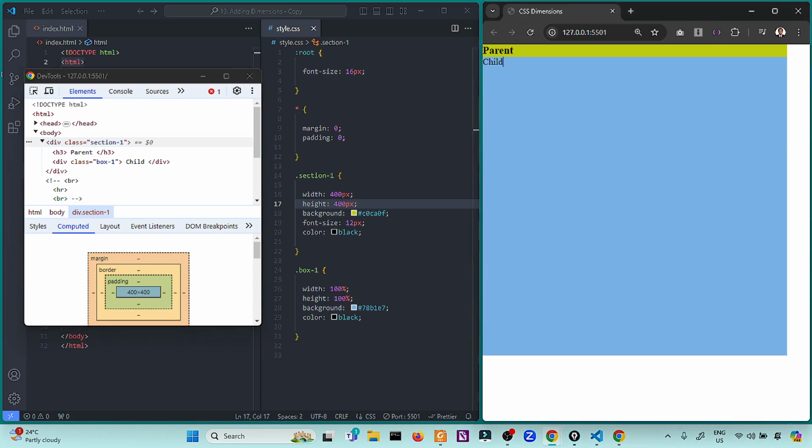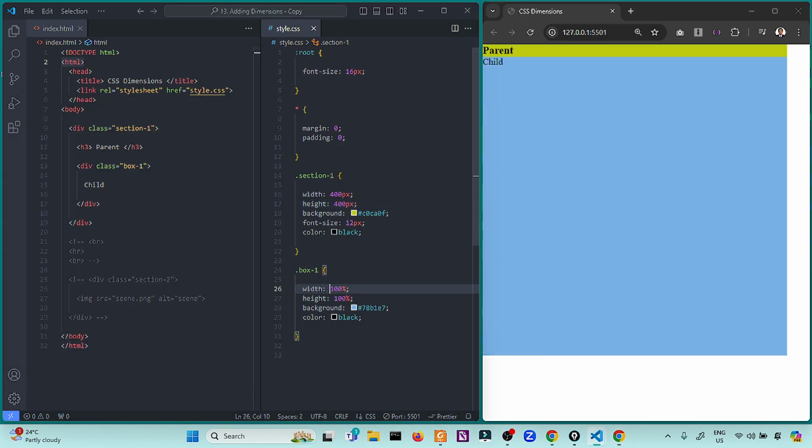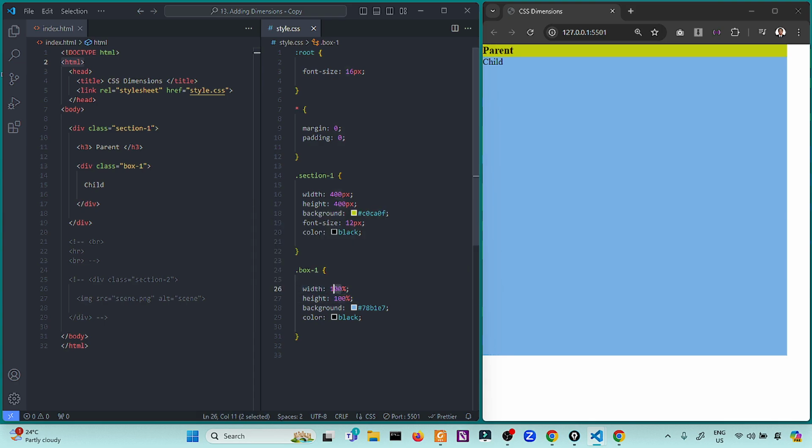To fully understand this, if you notice, inside the class section we have a div of box1. Instead of pixels, we use a percentage value. It just means that 90% of 400 will be covered by box 1.